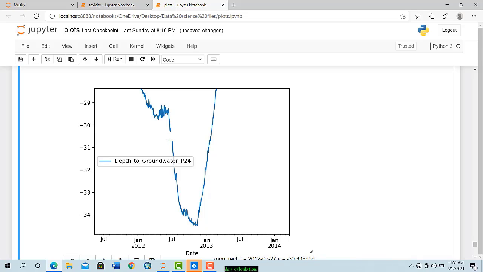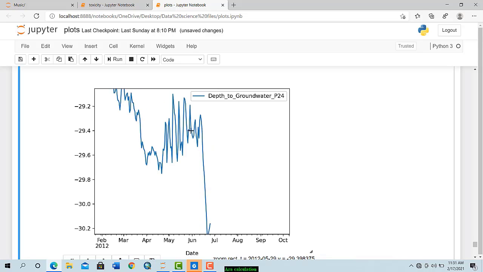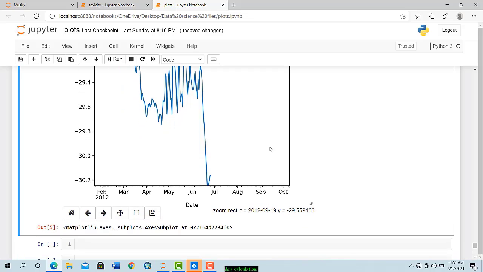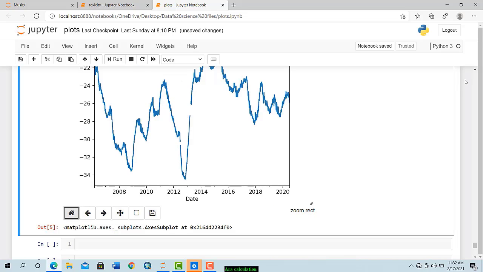This is actually a missing value here, and you can see the values for those areas, like here y is minus 29, that is groundwater depth is 29 meters from the surface zone, and the time is April, mid-April. Okay,